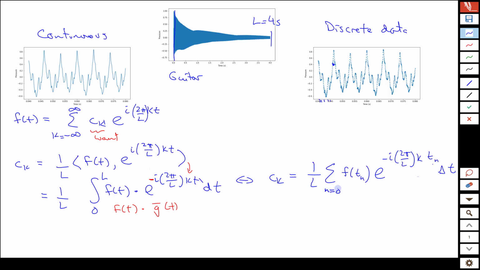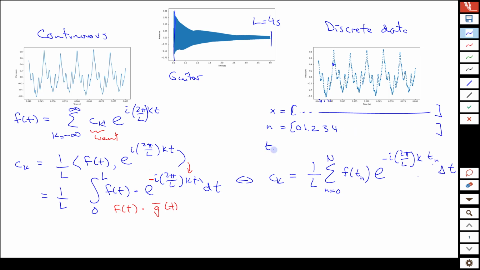And just to formalize this, we would have a sum over all the data points. So I'll frame this out here. Our x was a vector that had a bunch of data in it. The x covers this entire 4-second interval. This is just the zoomed in, so imagine starting a bit earlier and going a bit later. It's associated with indices 0, 1, 2, 3, 4, all the way out to, well, actually that's going to be an issue. We have to find out how many data points there were in here,